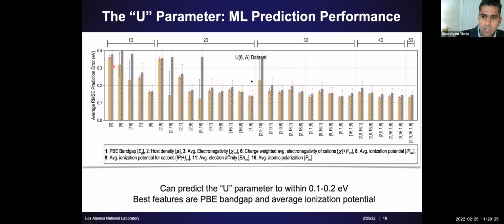In each case, we take different training test splits. So we run the model many times, every time randomly selecting training and test splits, and plotted is the average performance over all these randomly selected training test splits, and the error bars are the standard deviations. You see that the best performance is when all the 5 features are included here.